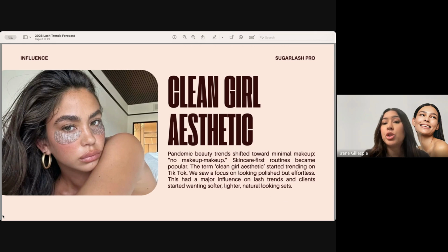Factors influencing the trends of today. At the start of the pandemic, we noticed beauty trends shifting toward more minimal makeup. We saw a lot of the no makeup looks. There's a lot of content around that. Skincare first routines became popular, so people were promoting doing your skincare really well as your base for makeup rather than using primer. The term clean girl aesthetic started trending on TikTok. This was very much about being polished but effortless looking. And this had a major influence on today's lash trends, and clients started wanting softer, lighter,